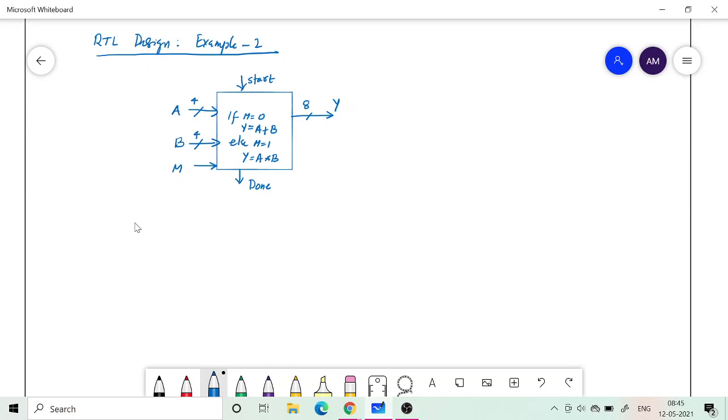There are so many variations you can have in the data path. Meeting these specifications, you can have various ways of design, but for example, the adder could be made in a particular way, the multiplier could be made in a particular way.